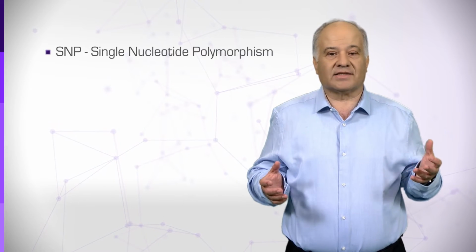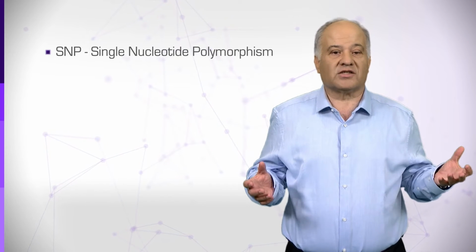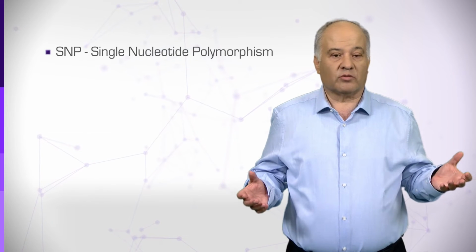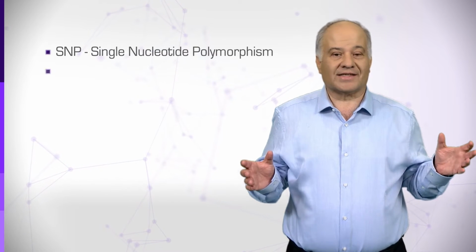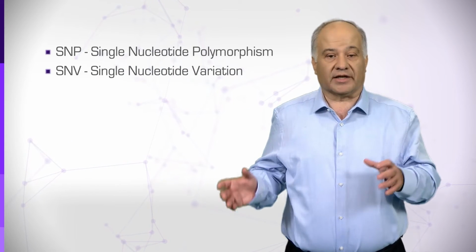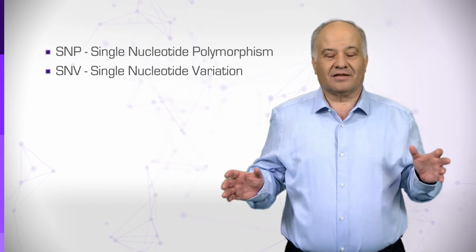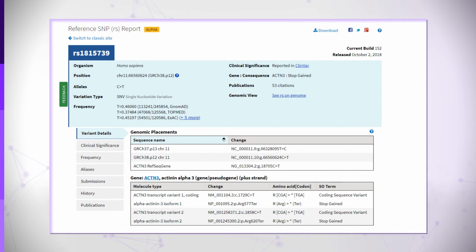Later, it was realized that there are mutations that are quite common, but still may have negative effects on health, for example, in conjunction with other confounding mutations. Thus, we now prefer to use a neutral term, SNV, single nucleotide variant, though the name of the database was not changed, and it is still dbSNP. Currently, dbSNP contains information regarding more than 100 million validated SNVs and many more that are not considered validated.